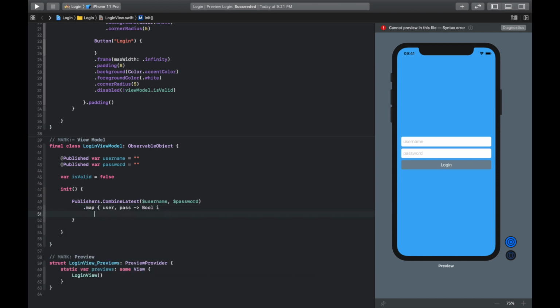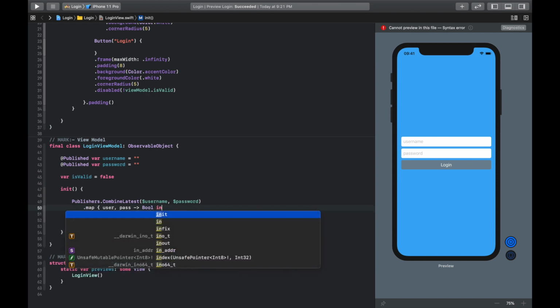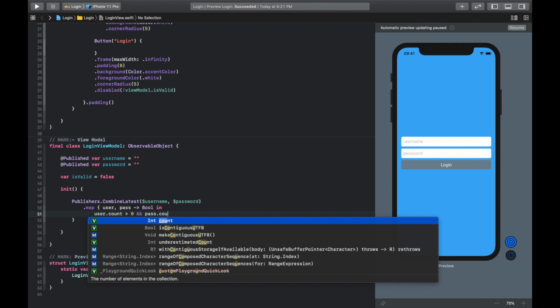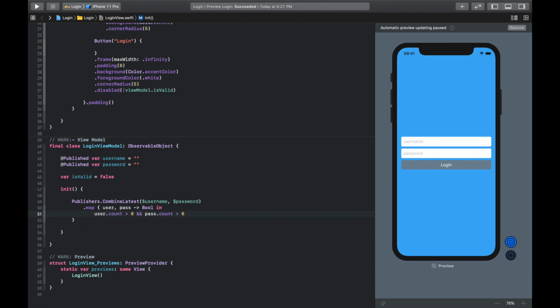Here we will simply check the user.count should be greater than 0 and the password.count should be greater than 0. We will return this to the map. So this map will give you a boolean value. Now we have the boolean value and we need to assign that boolean value to our isValid variable.